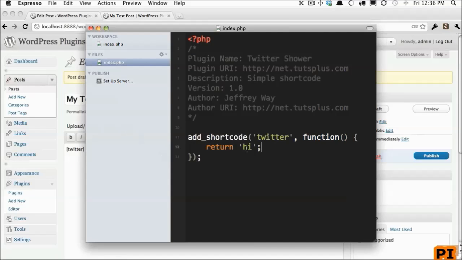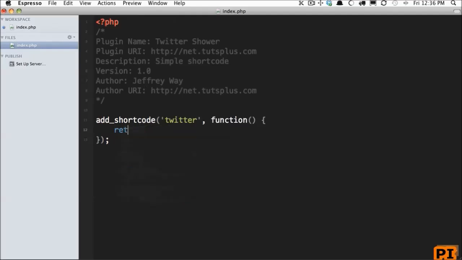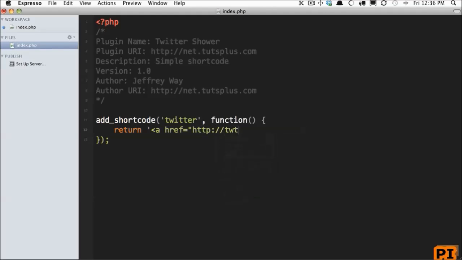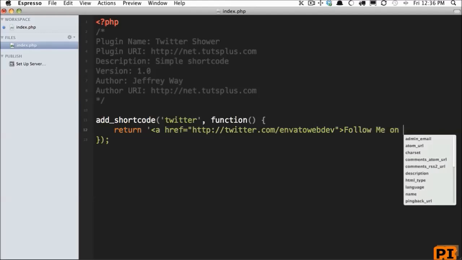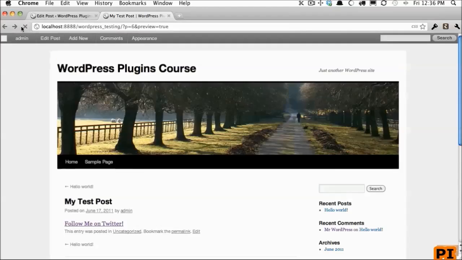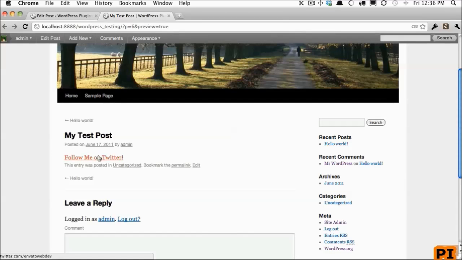And now we are going to return an anchor tag which says follow me on Twitter. So I will maximize this and we'll say return an anchor tag which links to twitter.com/EnvatoWebDev, which is my Twitter account. And we'll say follow me on Twitter. Okay, and let's come back, refresh the page, and now we're successfully getting follow me on Twitter with a link